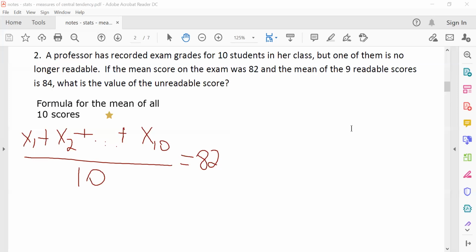All right, let's incorporate the other information. The mean of the 9 readable exam scores was 84. So here's the formula for the mean of the 9 readable scores,